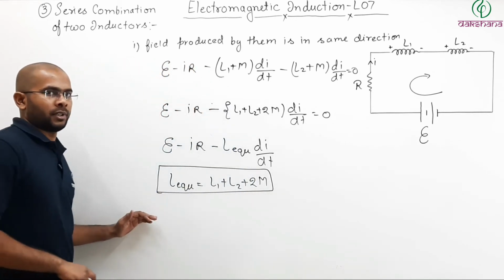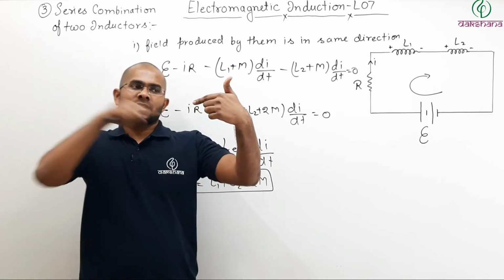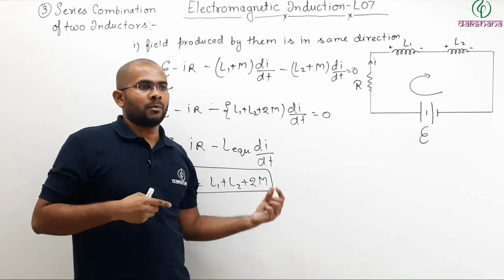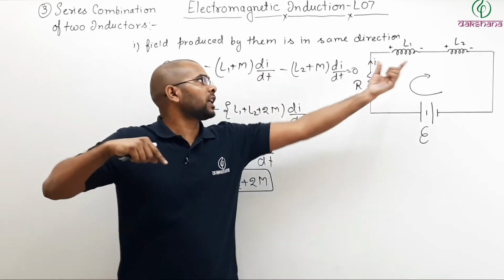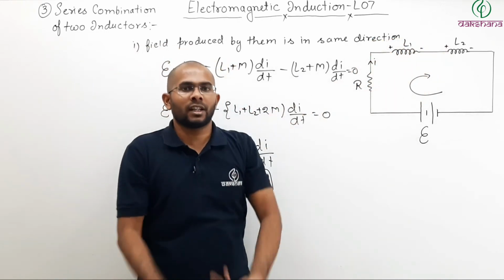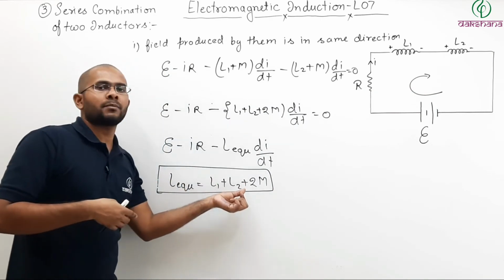inductance is not ignored. Now remember, if the coils are wound in the same sense, same direction, then they will support each other's magnetic field. But if the coils are wound in such a way that one coil is in the clockwise and the other coil is in the anti-clockwise direction, that is the current flowing, so they will oppose each other. So then here it will be minus.